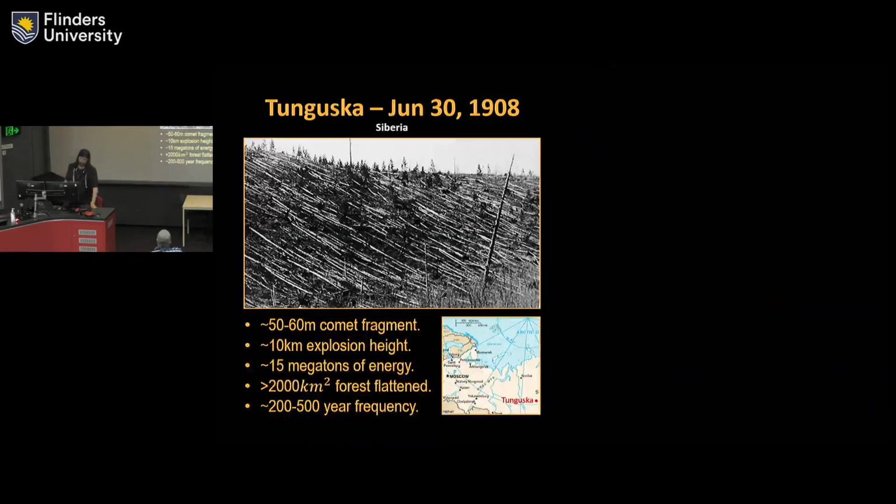So the most famous airburst in recent times was the Tunguska airburst in 1908, wherein a 50 to 60 meter comet fragment detonated about 10 kilometers up in the atmosphere, projecting 15 megatons of energy down in its shockwave. That's about equivalent to 1,000 of the Hiroshima bombs. 2,000 square kilometers of forest were flattened, and these events are expected to take place with a 2 to 500